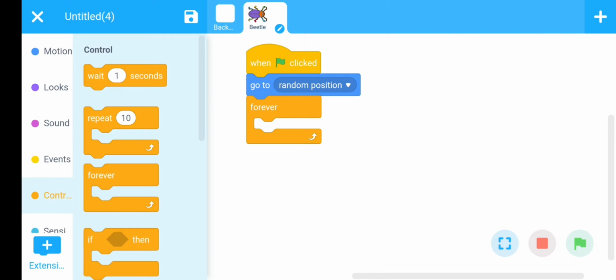First we create a set of code to control the Beetle by using the finger. We want our Beetle to move according to the finger slide. If we slide our finger on the screen in the left direction, the Beetle can move in the left direction. If we slide our finger in the right direction, the Beetle can move in the right direction. We will take only two conditions, either left or right.